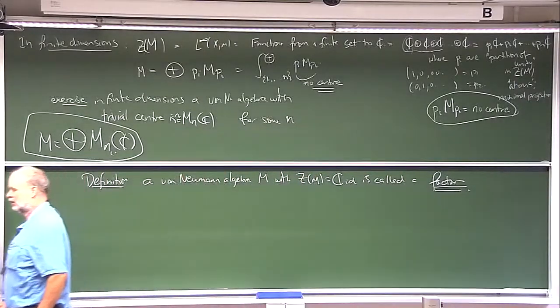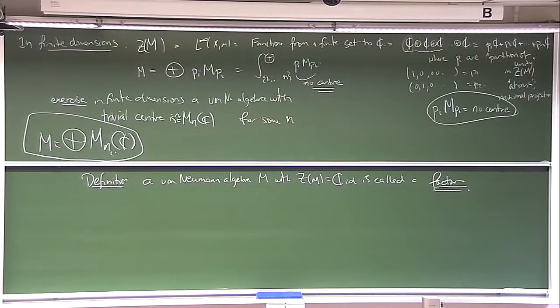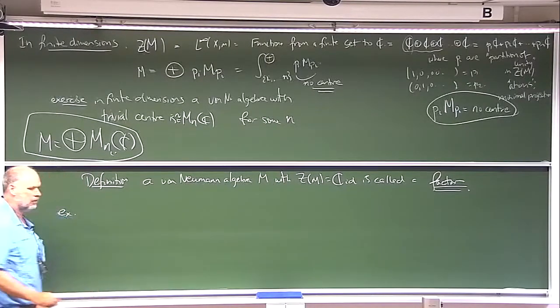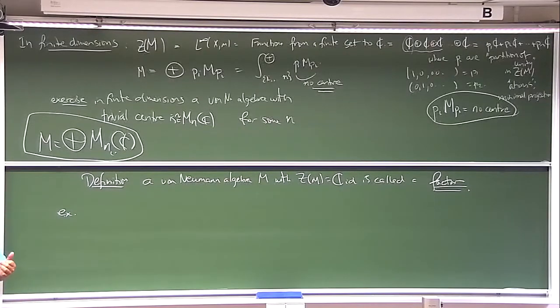Factor. And why is it called a factor? Well, the reason is because I'm going to give you an example. Now, I showed that B of H itself, that was an exercise, is a factor. The exercise should show it has a trivial center. But what we can do is we